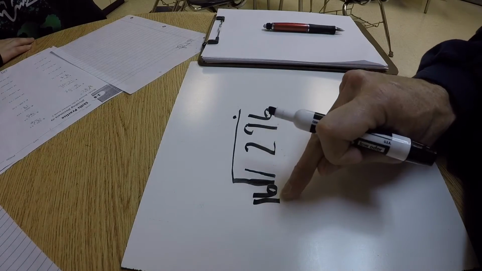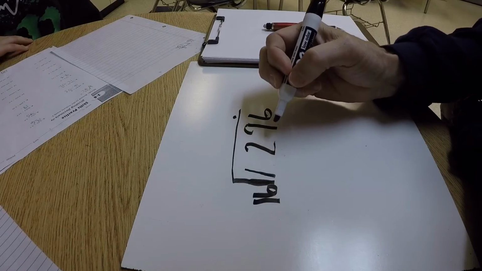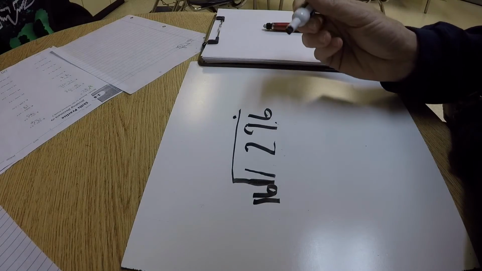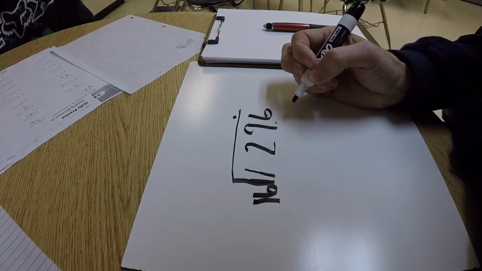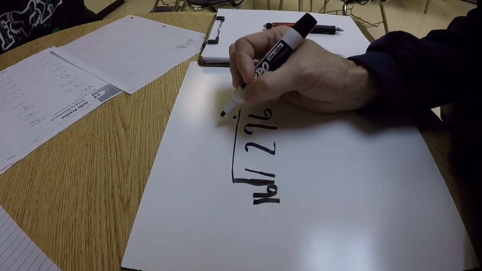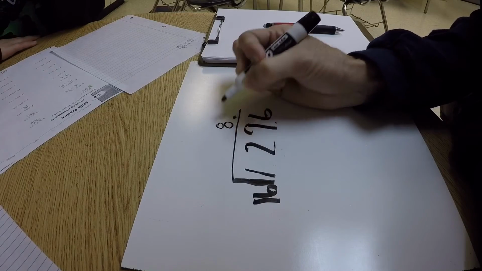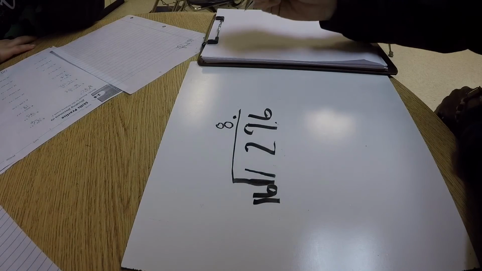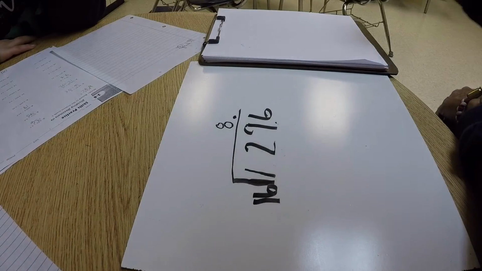So we're dealing with 16 into 129.6. Okay? So my Sandite friend is saying that it's going to go 8 times. 16 will go into 129 8 times. So I'm going to put that 8 right here above the 9, the last number that I tried to go into. And my guess is that the way he figured that out is he took 129 and he multiplied that by, oh,